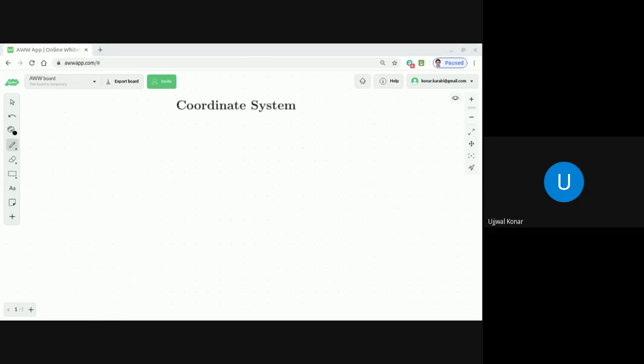So in two-dimensional coordinate system, it is required to represent a geometrical point by means of algebraic method. And that is true for three-dimensional coordinate geometry also. But in two-dimensional coordinate geometry, a point is specified as an ordered number pair and is known as the coordinates geometry. So what is meant by that? It means that suppose you have a point, and this point